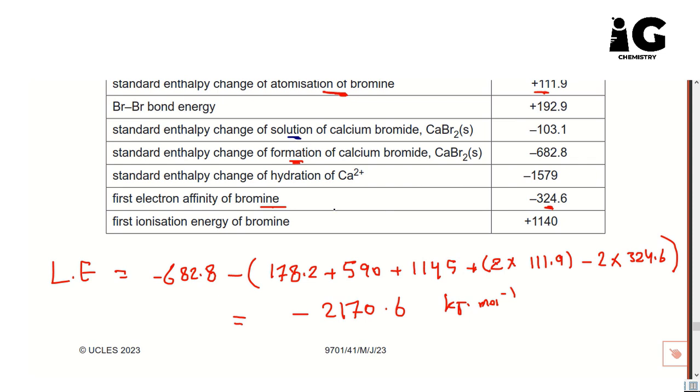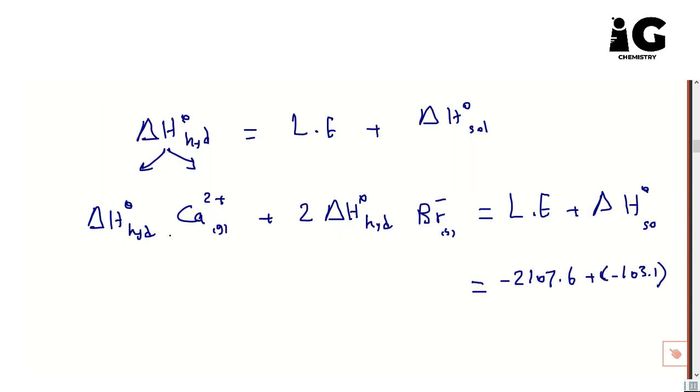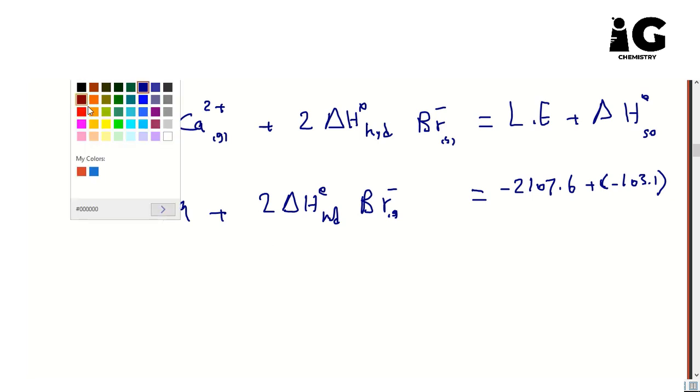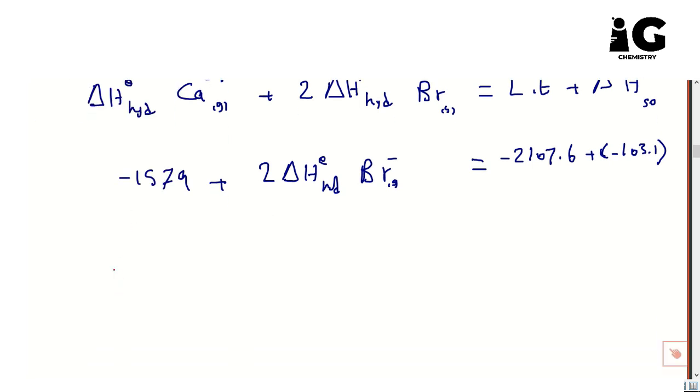And there also we can substitute the value of hydration of calcium. So the standard enthalpy of hydration of calcium is here. It's negative 1579, plus 2 times the enthalpy change of hydration of Br minus. So I think now, guys, it's very clear. We can make the bromide ion the subject alone. So this is 2 times the enthalpy change of hydration of bromide ion equals these values,